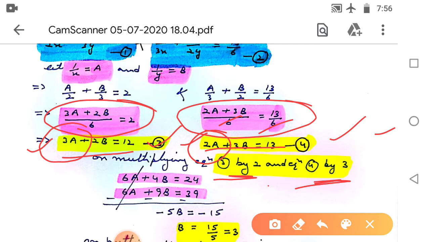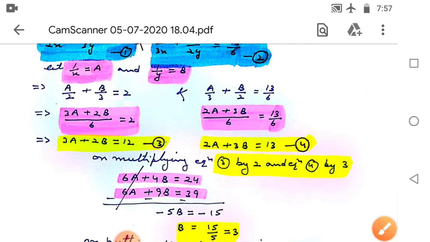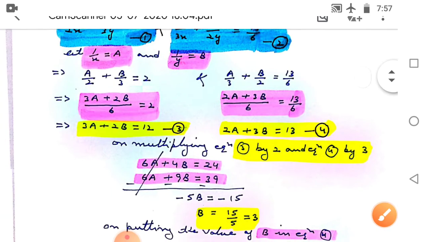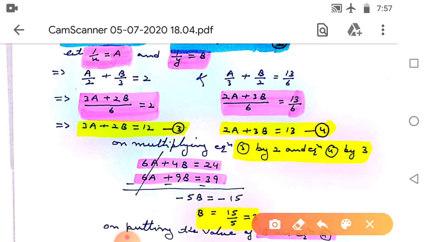When you multiply equation 3 with 2, it becomes 6a plus 4b is equal to 24. And when you multiply equation 4 by 3, we get 6a plus 9b is equal to 39. Now subtracting equation